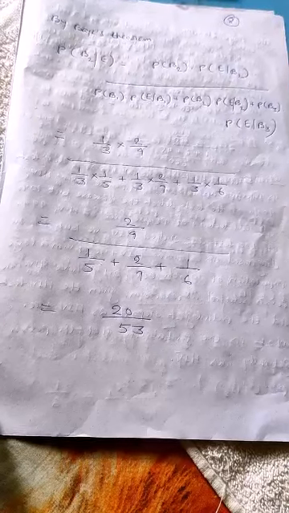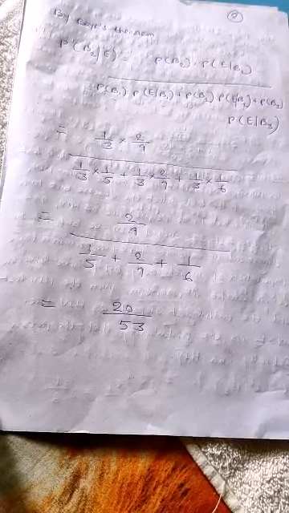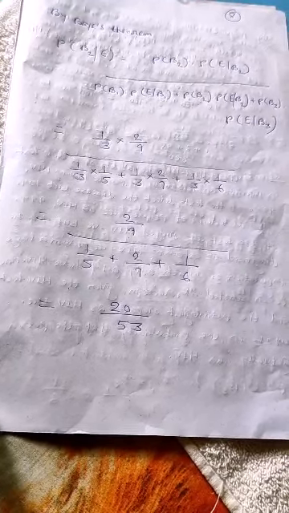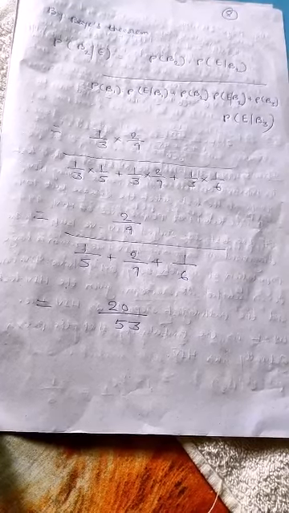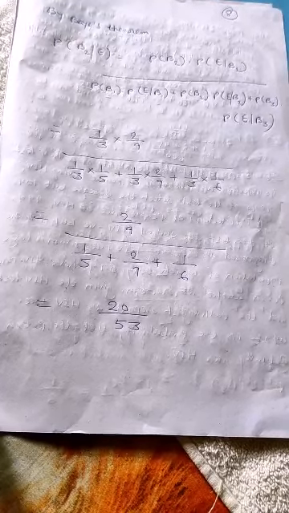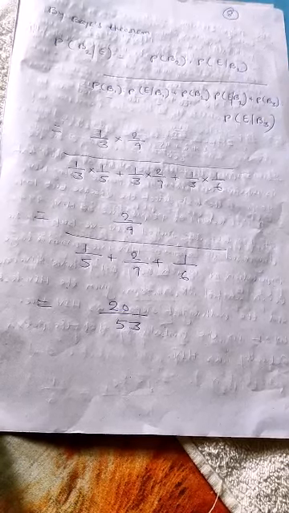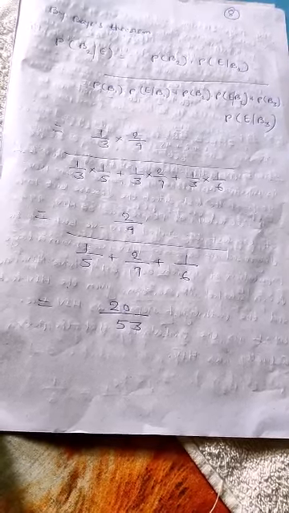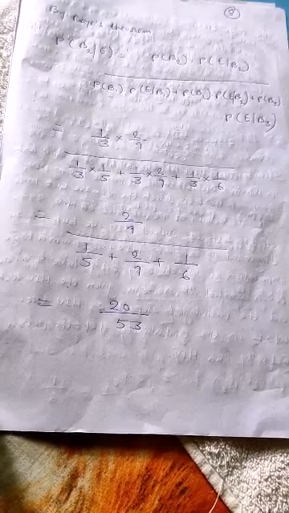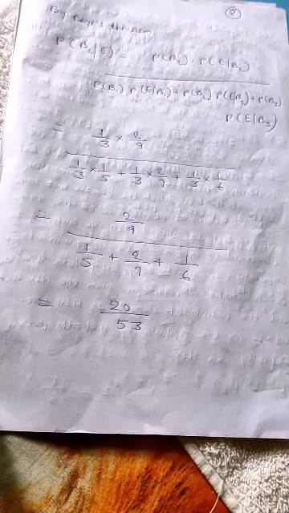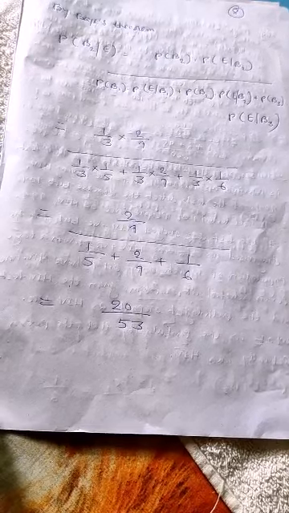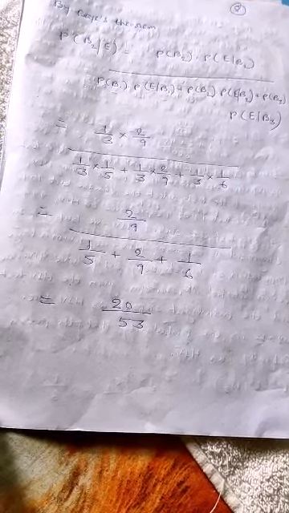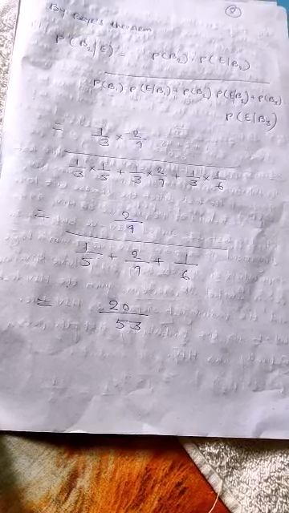Now just use the formula. We have to take bag B2, and as the event is given, one is red and one is black. So the probability of B2 into P(E/B2), and below, all the 3 probabilities we have to add: P(B1) into P(E/B1), plus P(B2) into P(E/B2), plus P(B3) into P(E/B3). Just by putting in the values we will get the answer. So this is the way we can solve Bayes theorem.